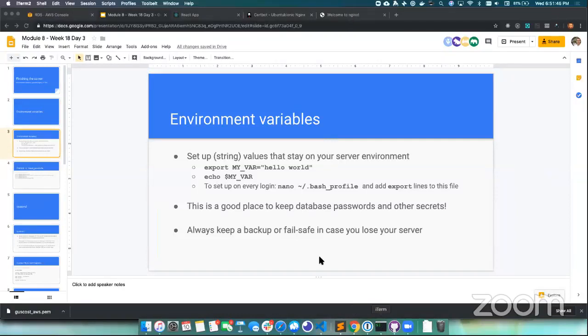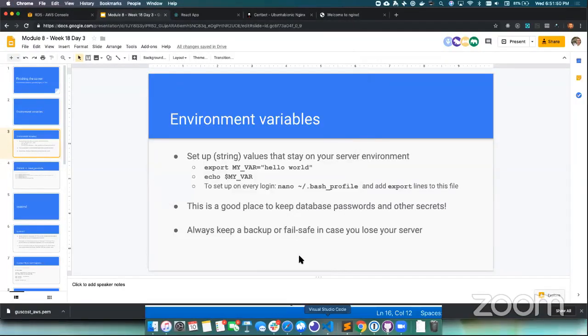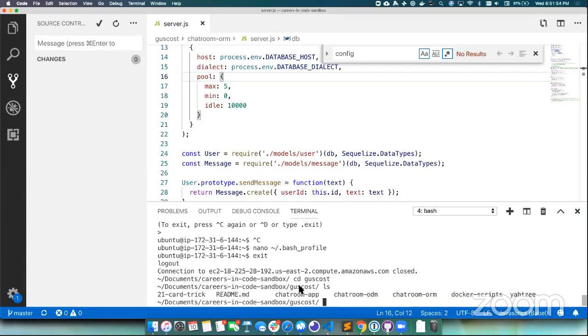So the commands to do that are: we ls, so I'm in the guscost folder here. I cd to guscost in careers and code sandbox. I'm going to say tar -czvf chat room ORM. Oh, sorry,